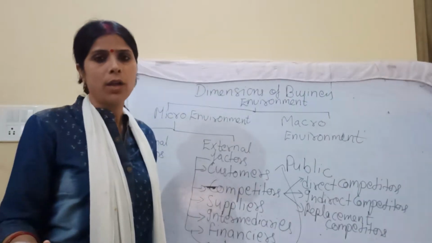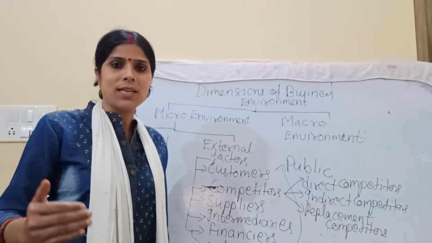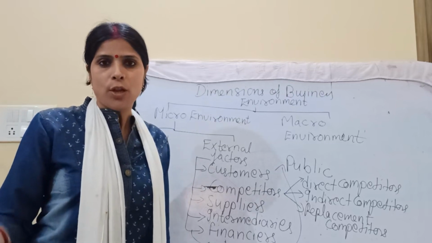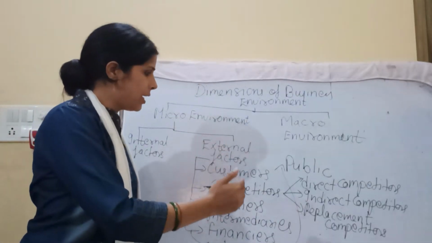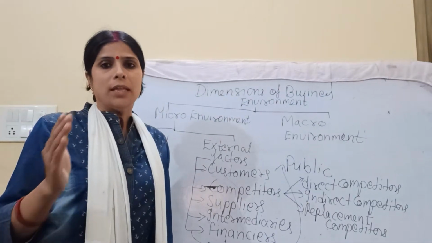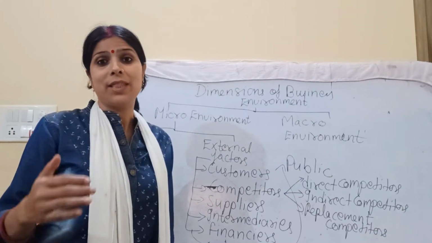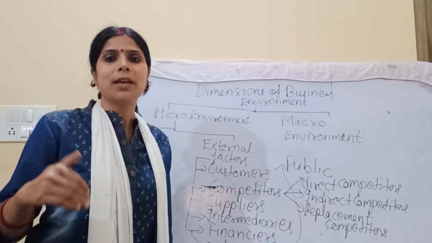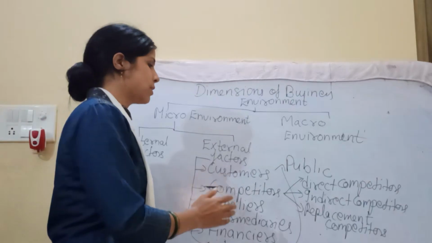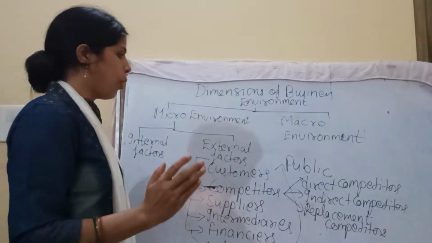purchase the smartphone. It will fulfill the purpose of talking, communicating with each other, as well as it has the function of clicking photographs also. So both purposes are fulfilled. So definitely they will be called replacement competitors of each other, because smartphones are replacing digital cameras. So we can take it as an example of replacement competitors. So this was under competition.